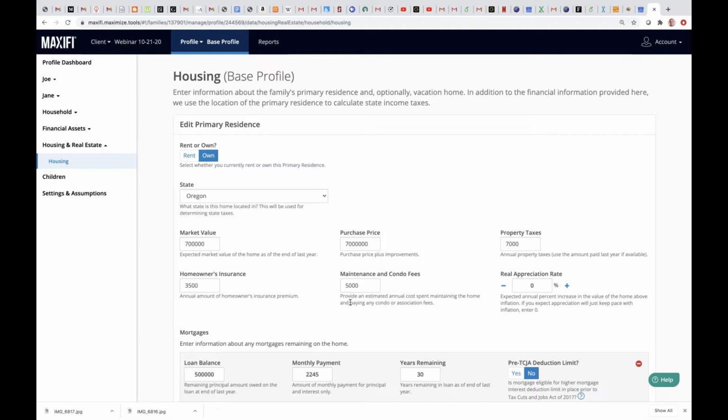if you're changing homes, you again are asked these questions about the new home that you're going to be buying. So for sure, we're handling these things, and we're looking at whether or not you should be taking the standard deduction or itemizing your deduction, and we're looking at that decision every year for the rest of your life, up through your maximum age of life, in our tax calculations. So property taxes and their impact on the federal income tax and your state income tax, that's fully taken into account.